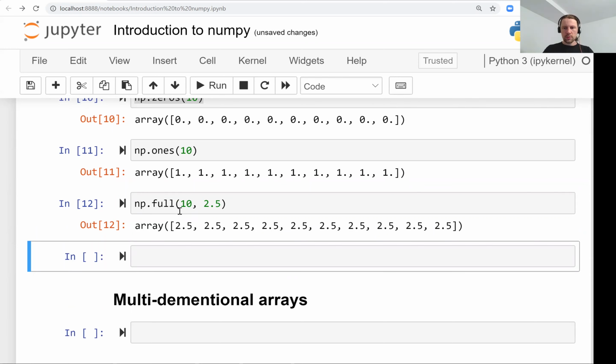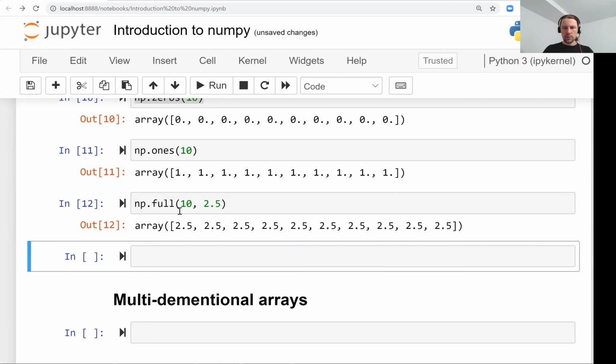So in this case, it's from 0 to 9. And let's say we want to start not with 0 but with 3. We just put another parameter here, and then it creates a range from 3 to 9. This is very similar to a Python function called range, right? So it's doing the same thing, except instead of giving us an iterator from Python,